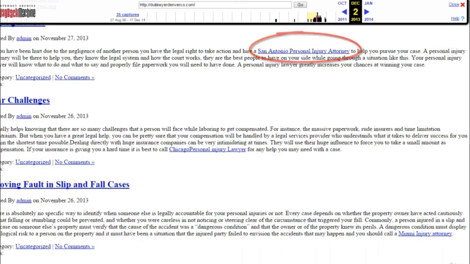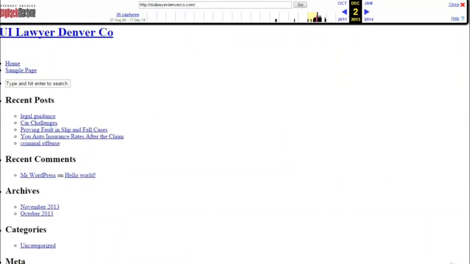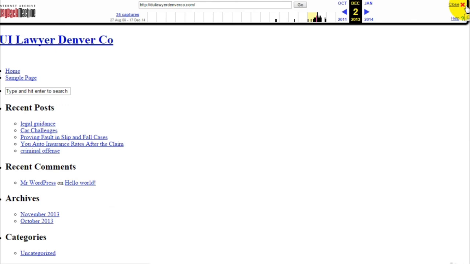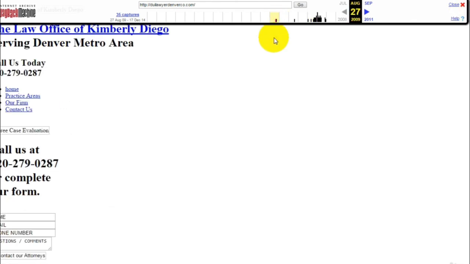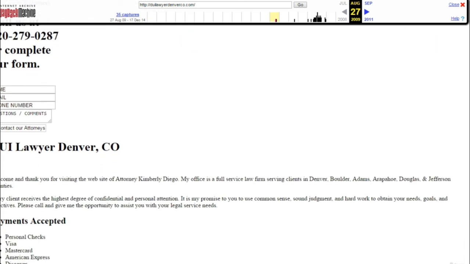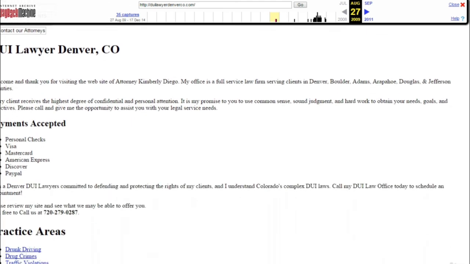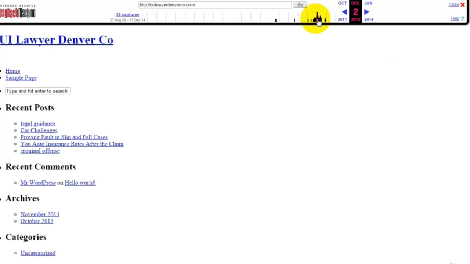So when I go back even further, several years back, I can see that this was a website for a specific attorney. So it looks like this is a much more legitimate site years ago. But it looks like after this person let the website go, somebody else picked it up, and everything else that I'm seeing is rather spammy. So this is a huge indicator that this website has been involved with a lot of spammy activity and what the person can